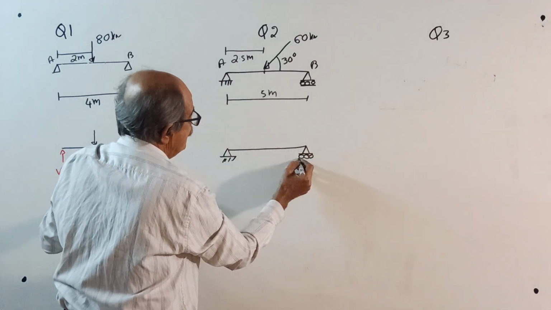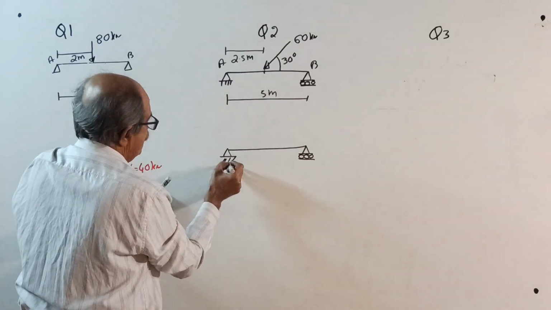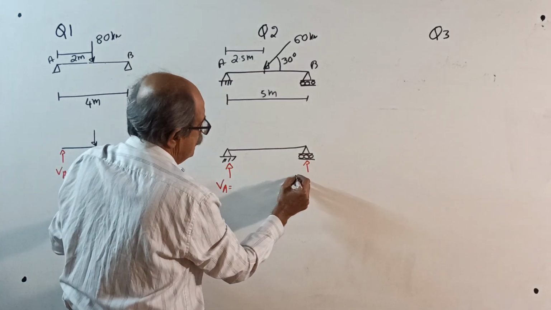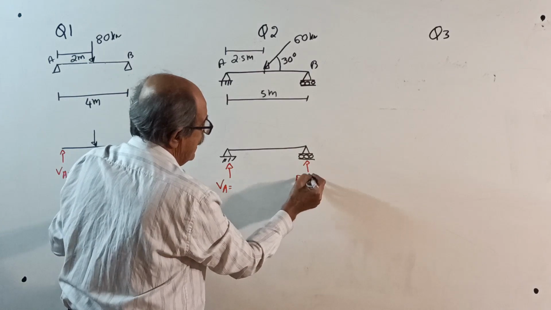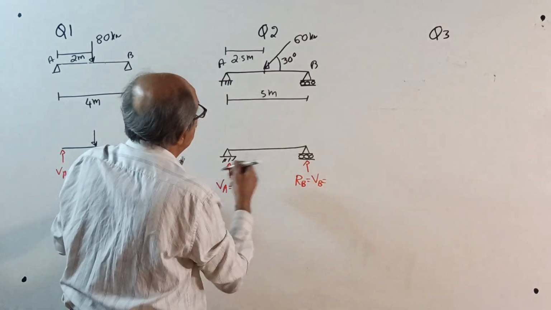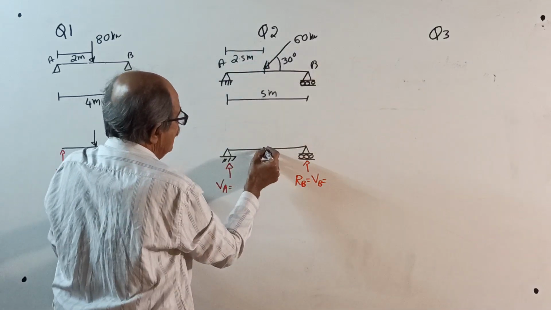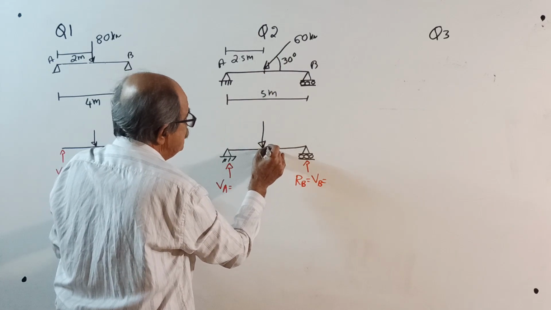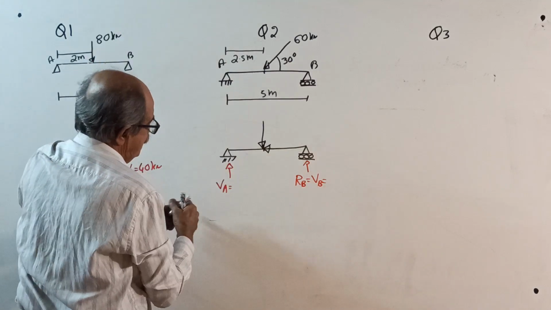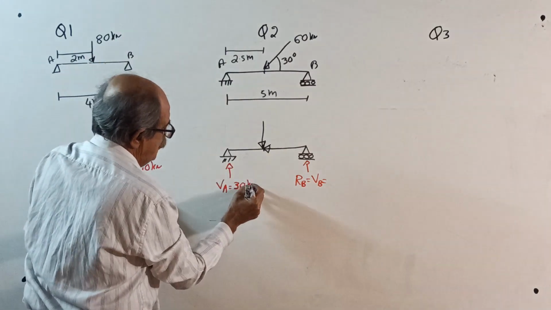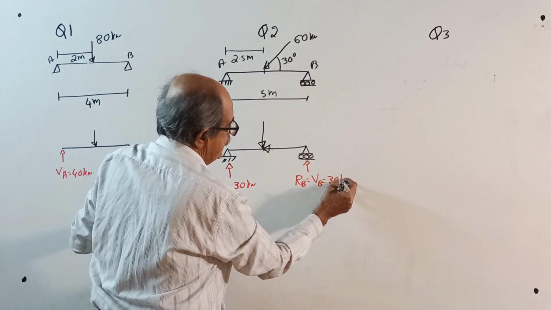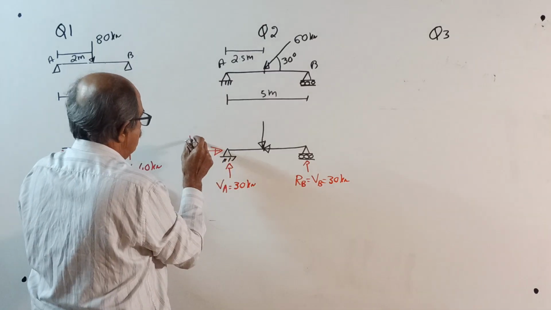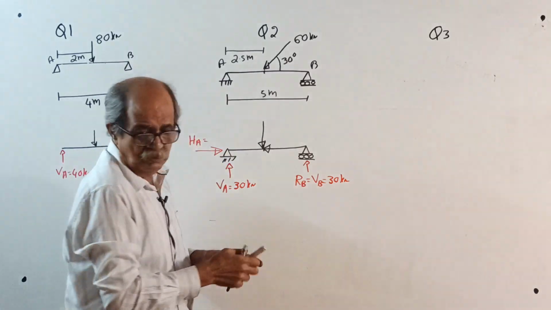See, now I will do one thing. See. VA equal to RB, because why? Normal reaction, equal to VB. Here I will not put 60. I will replace it by a vertical component and horizontal component. How much component you decide. This is 30 kilonewton, and HA equal to